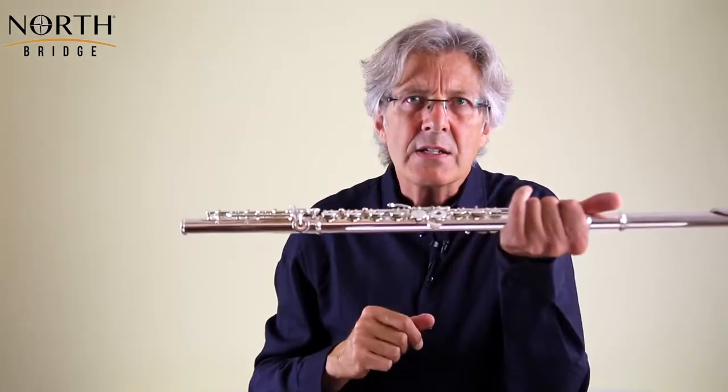Now, if you look through this piece, you'll see that there are very, very few moments, and they're literally just occasional notes, where the actual music gets into the top octave of the instrument. Equally, a lot of it is quite low down in the flutes, certainly in the bottom octave and verging between the bottom octave and the lower part of the middle octave. And this is where we've got to be careful,